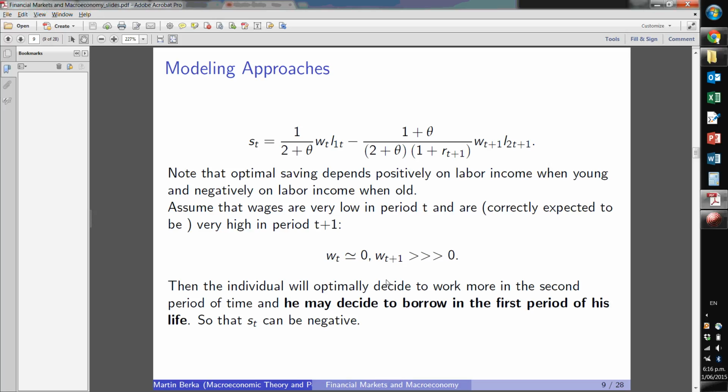So optimal saving depends positively on labor income when the individual is young, and it depends negatively, so there's a minus in front of the second part, on tomorrow's income, or labor income when old, which also makes perfect sense, because if you are expecting to be rich when you're old, well, there's less reason to save, right? So the individual will then decide optimally how much to work, given these exogenous, from the point of view of the individual consumer or capital owner, this individual